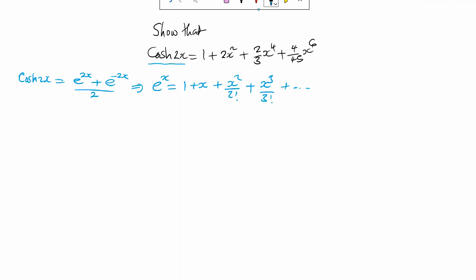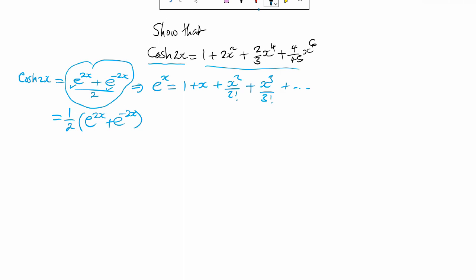Now we shall be using the Maclaurin series to try to expand e raised to 2x and e raised to negative 2x. After expanding the two, we shall add them up and see if we can get this value here. Now cos 2x can also be written in the form a half into e raised to 2x added to e raised to negative 2x,